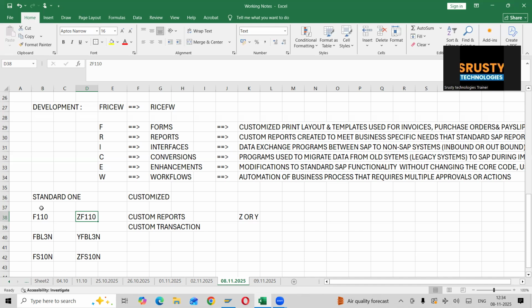Clear, everyone? How can we easily identify whether it is a customized one or SAP standard? If it is customized, 100%, it will start with either Z or Y. If it is not starting with Z or Y, other than Z or Y, then it is nothing but SAP standard. So Naveen, in this